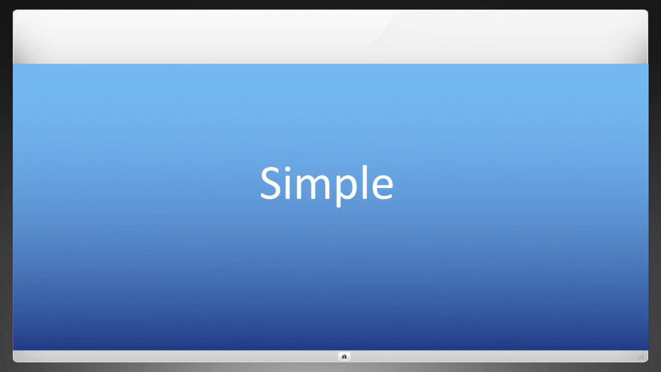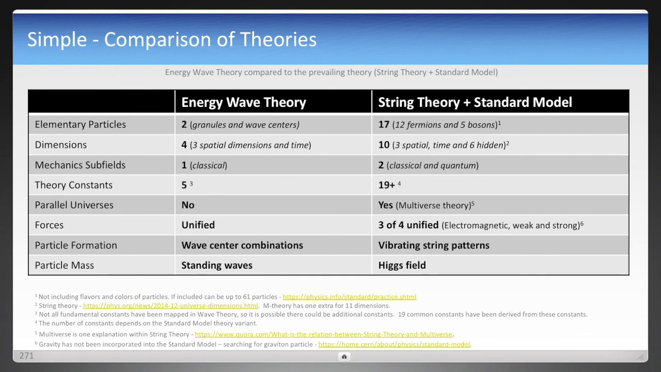The entire definition is shown here and compared to the prevailing theory, which is string theory in the Standard Model. Right? It only required 2 elementary particles, one that moved energy forward and one that reflected backwards. It only requires the 4 dimensions, the 3 spatial dimensions and time that we know today. And only required, this is the key thing, 5 theory constants, not 19. Didn't require strange explanations like parallel universes. So not only is it simple in its definition,